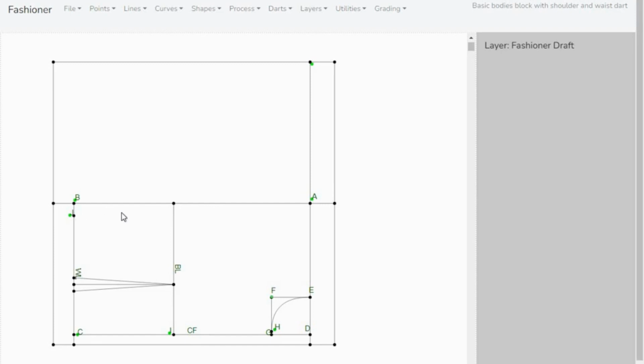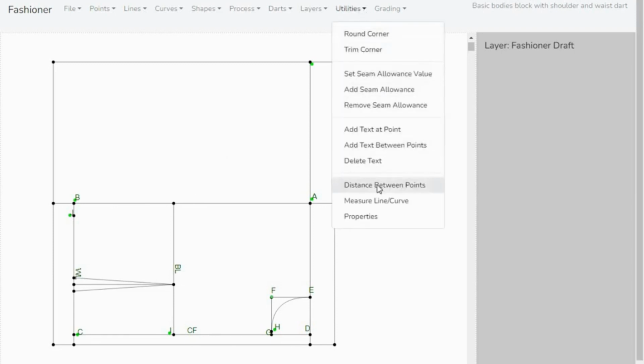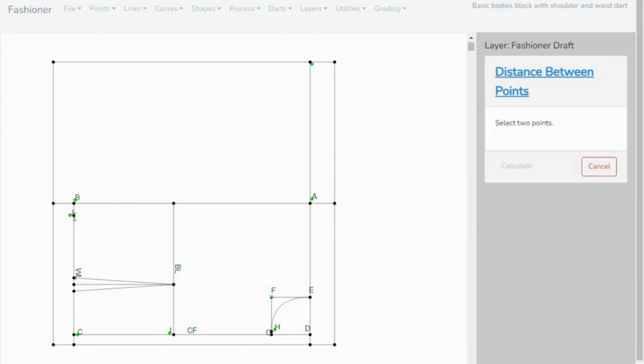And to do that, I've shown you before, you just go to utilities, distance between points, you mark the point, so I go to calculate. As you can see, that's the distance, but my waist to armpit is supposed to be